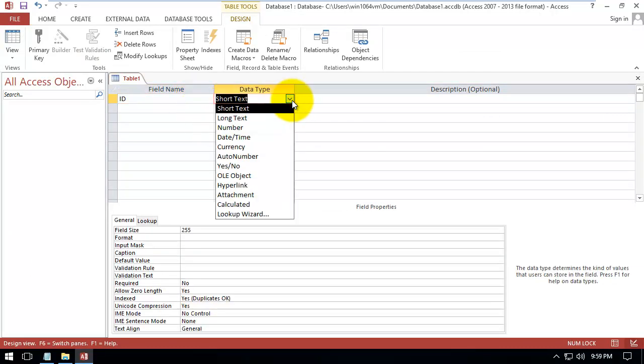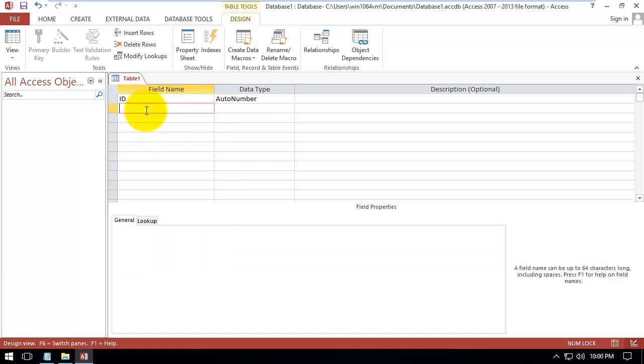For ID, we have 2 options. We can use number or we can use auto number. And the difference is, with number, we have to write it every time for each row. But with auto number, MS Access automatically manages it. So the first row will be number 1, and the second will be number 2, and so on. And you cannot change or modify it. In our situation, because the ID is the main column in our table and we don't have duplicate IDs, it's a good idea to choose auto number